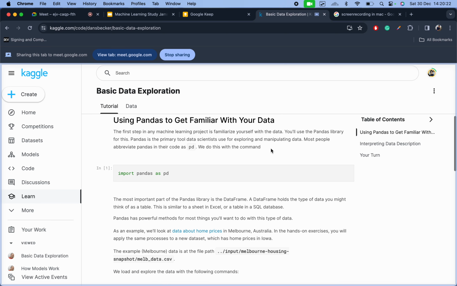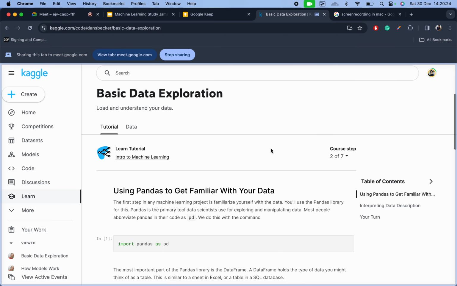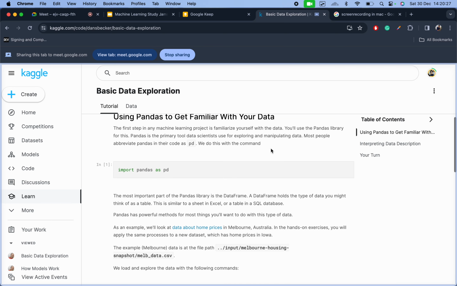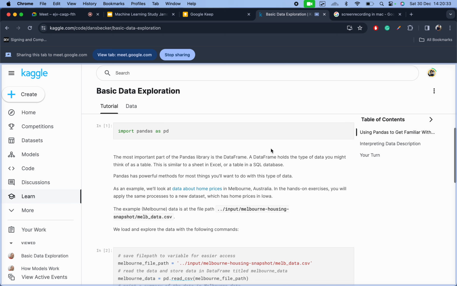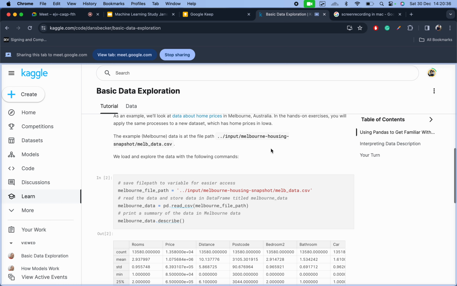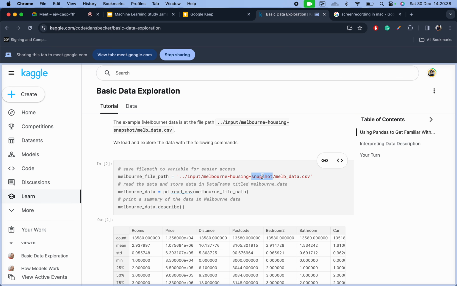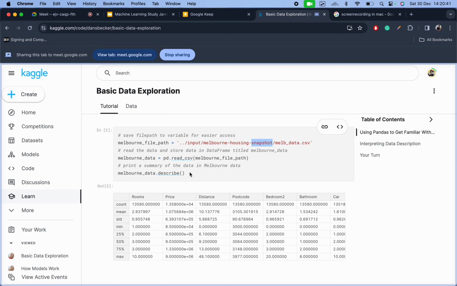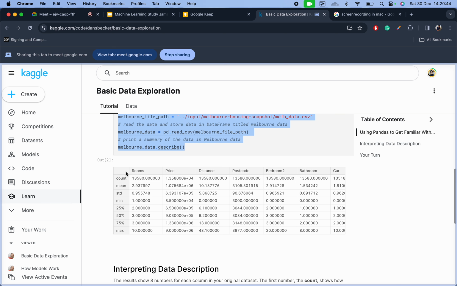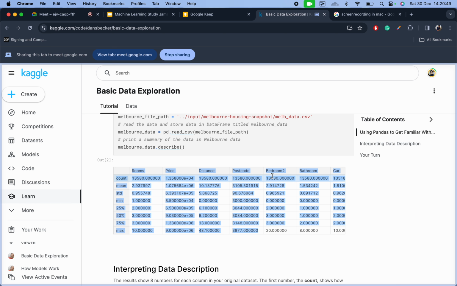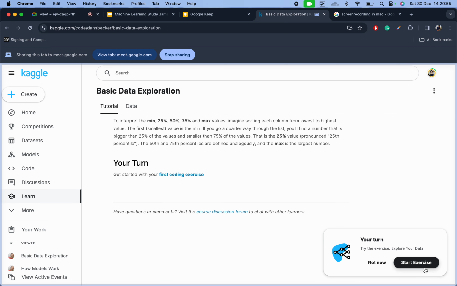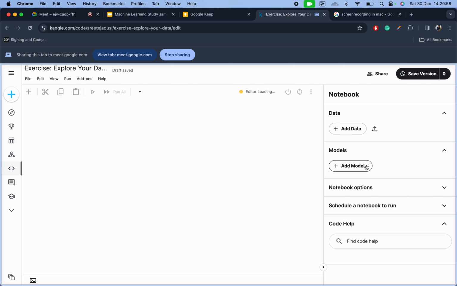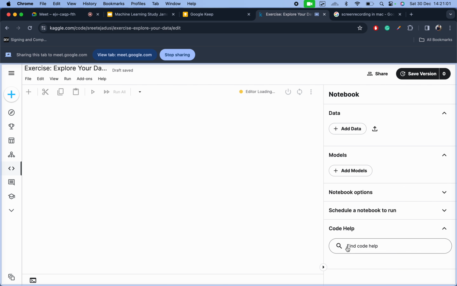So in the next session, we'll be getting familiar with pandas. Taking the same hypothetical situation, we have a data set called the Melbourne housing prices dataset, and you'll find the dataset on Kaggle itself. Running this code snippet will give you this output of different prices and metrics such as rooms, distance, postcode, number of bedrooms, car parking, land size, etc. And after you get familiar with the data, you just have to